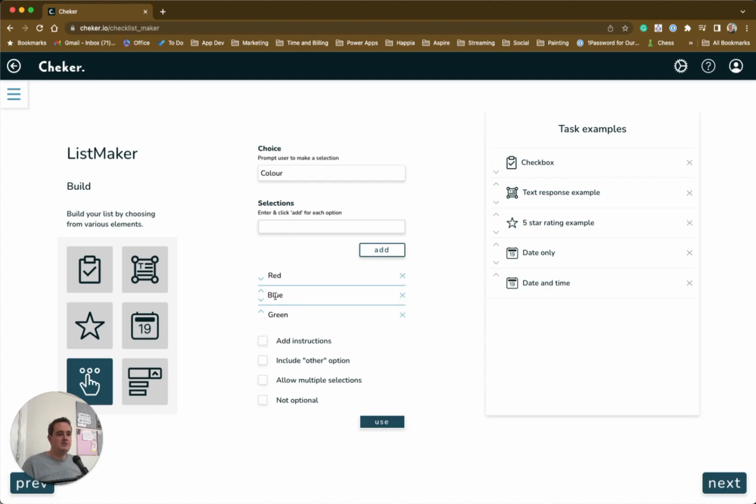We can remove items by clicking the little X, and we can reorder them using the arrow buttons. Now, if we want them to be able to add in their own selection, so an other option, just click include other option and the system will allow them to do that. If we don't want them to be limited to just one answer, we click allow multiple selections and we'll click